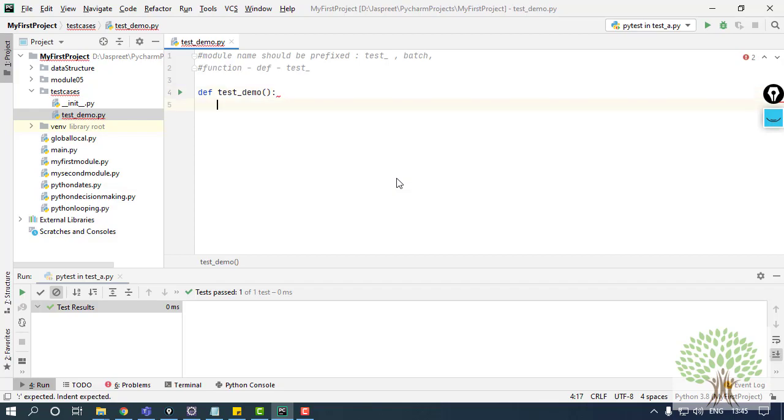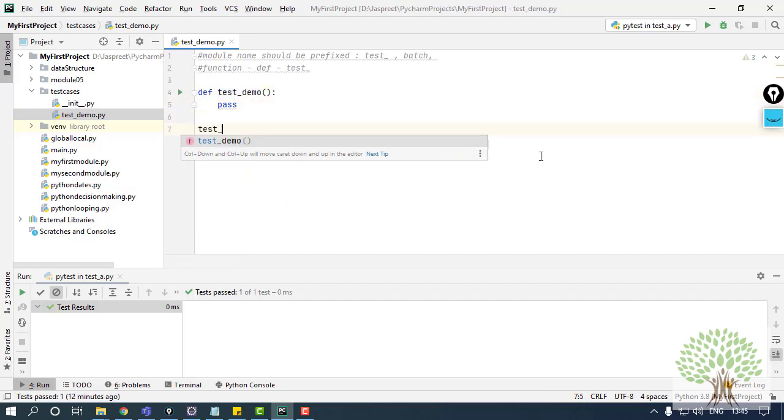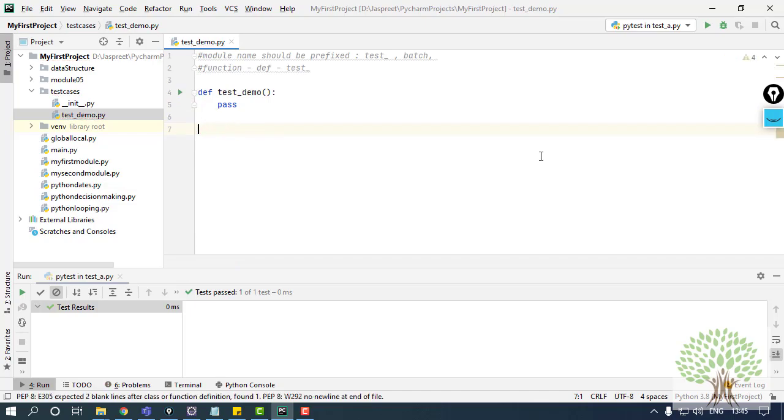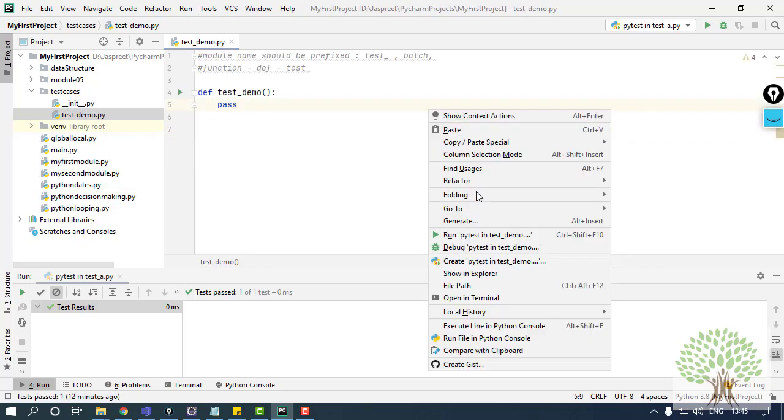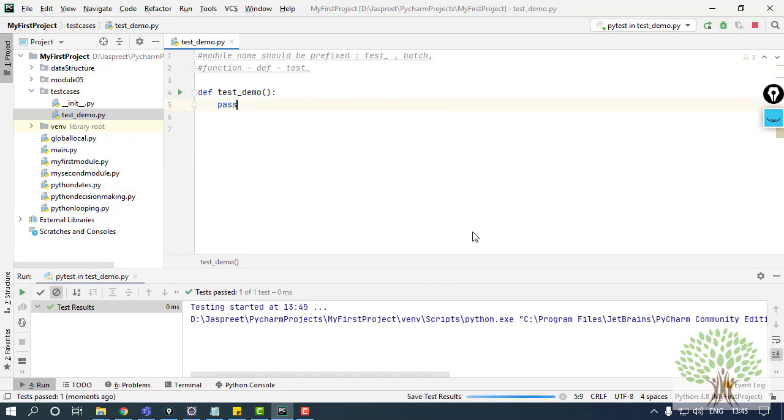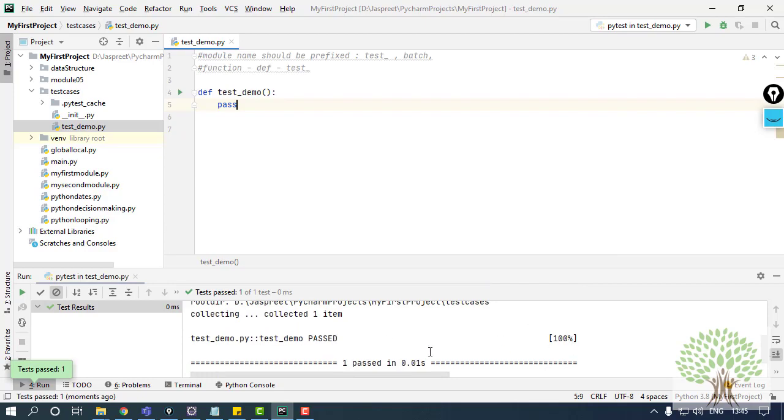This is exactly the same as what we have learned in making the functions, right? The difference is that test has been prefixed now, and now I don't need to call this function explicitly. This is not required now because this function has now become a test case. Now if I run this, it's like this.